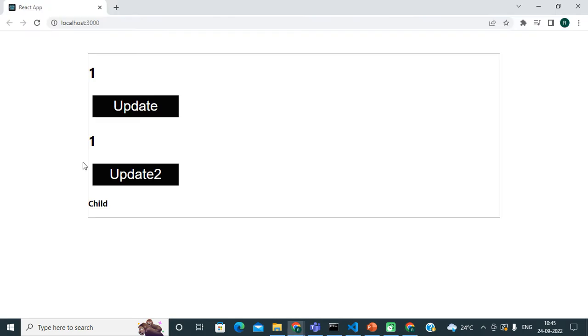See, I have just cleared my console. If I restart my application, you can see the first time my app component is getting rendered and the child component is also getting rendered.